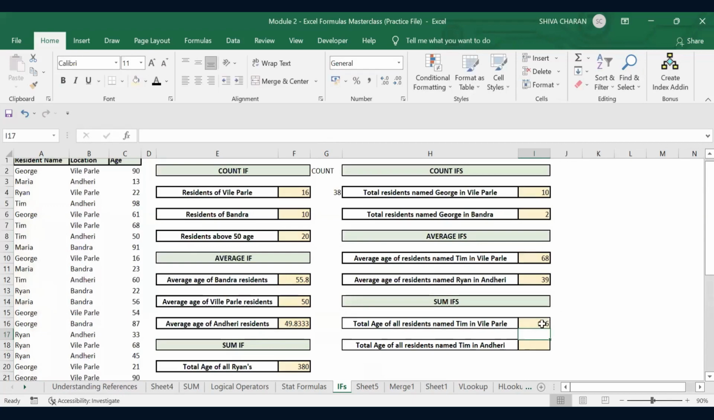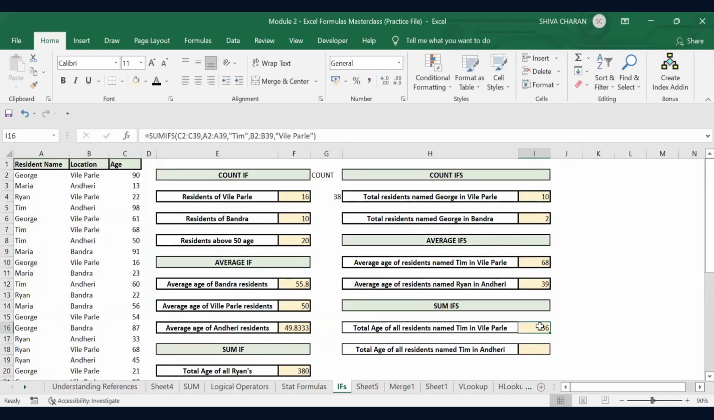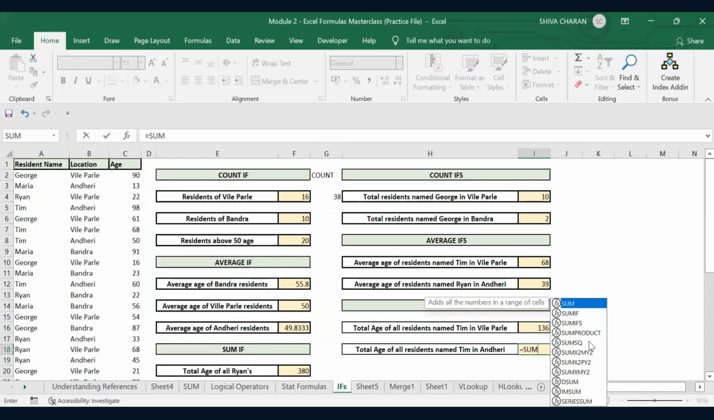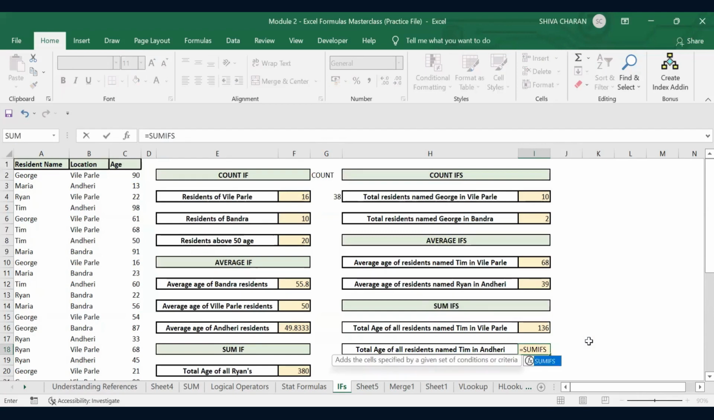Right. So what does this 136 indicate? It indicates the total age of all residents named Tim in Vile Parle. Right. Now let's solve this final criteria as well. Again, I'm entering the SUMIFS formula. So let me select the sum range